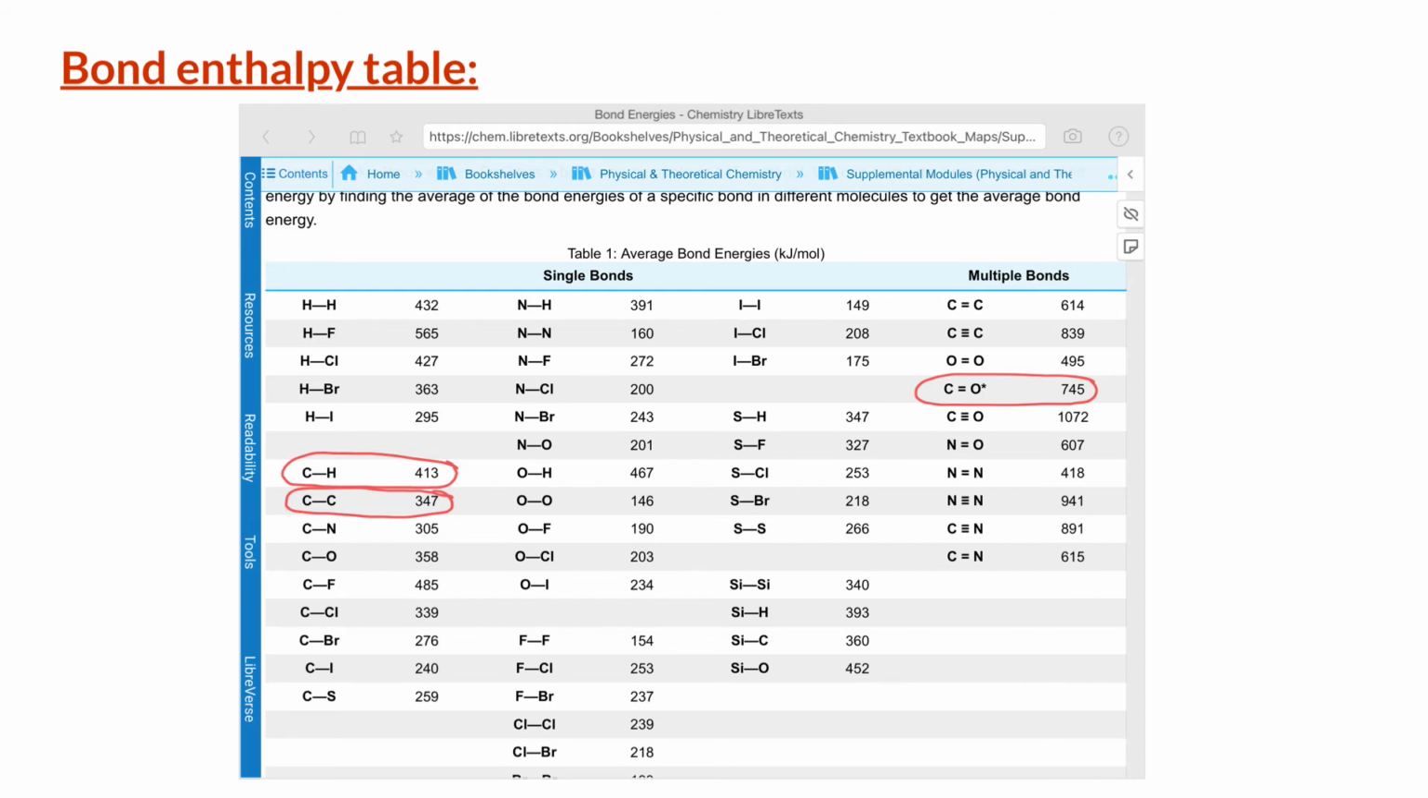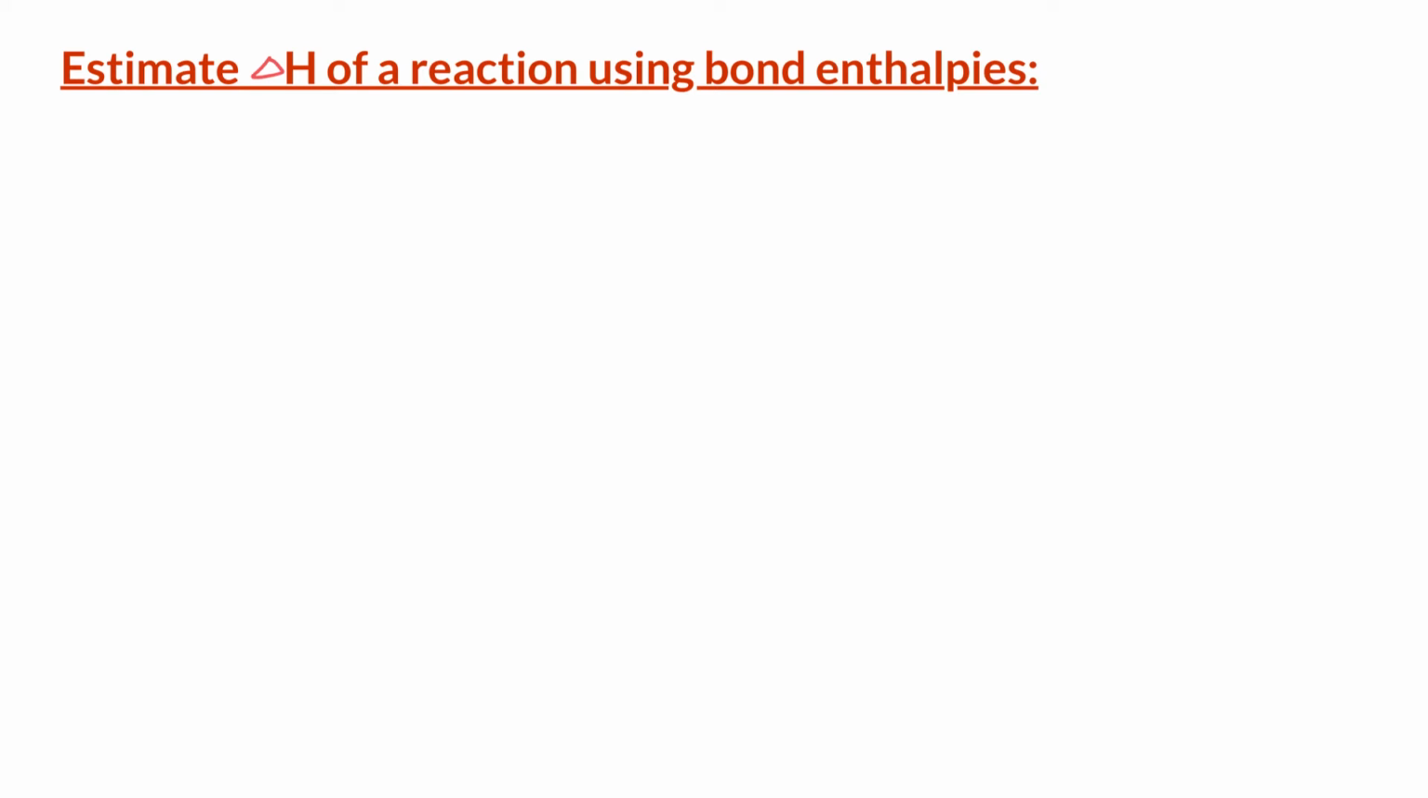Next, we will learn how to use these bond enthalpies to calculate the enthalpy change of a reaction. Let us say we want to calculate the enthalpy change of the following combustion reaction. Methane gas reacts with 2 oxygen gas to form 1 mole of carbon dioxide gas and 2 moles of water in the gaseous form. We are again going to use Hess's law to estimate or approximately calculate the enthalpy